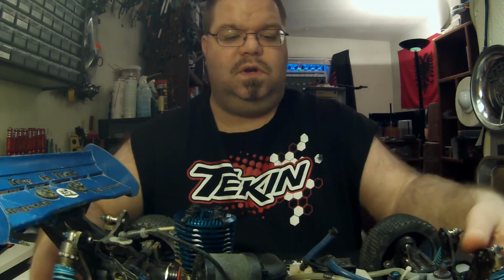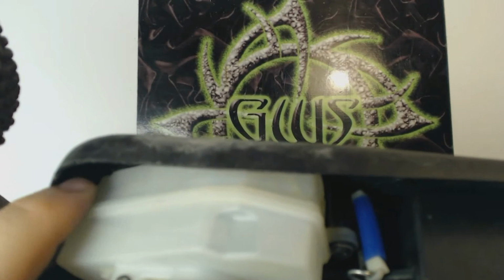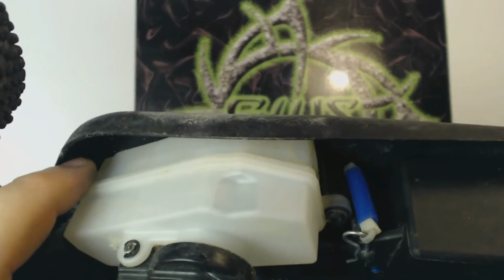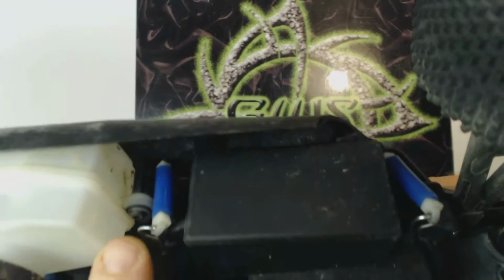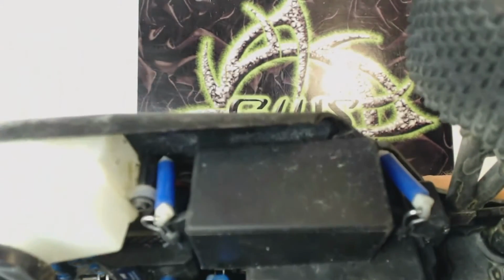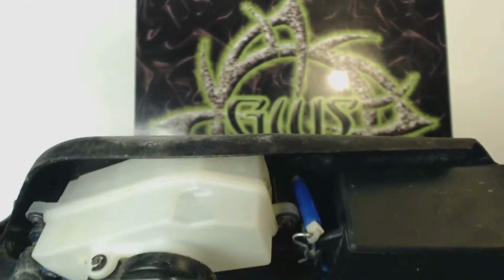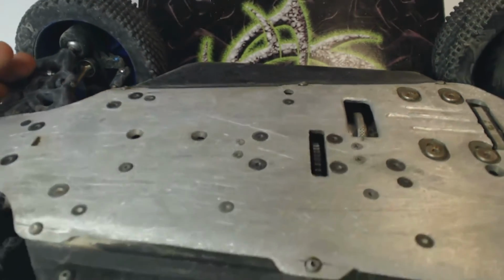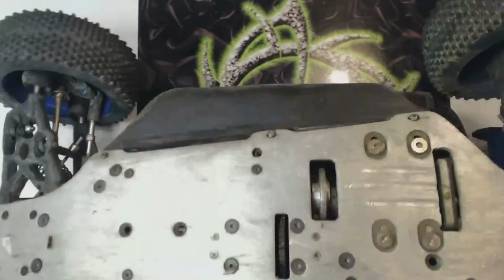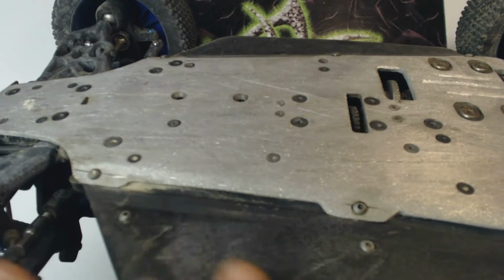Basically, all I did was, let's see if I can get a picture of it here. So essentially what I did was I had extra fuel tank mounting posts, and I don't think you can really see down in there. Oh, there we go. You can see the one in the back there, right down there. It's a black piece of plastic is all it is, with screw holes in the ends. And essentially I just drilled 2 holes in the bottom of the stone guard, here and here,